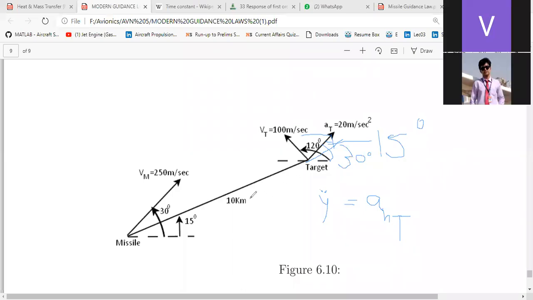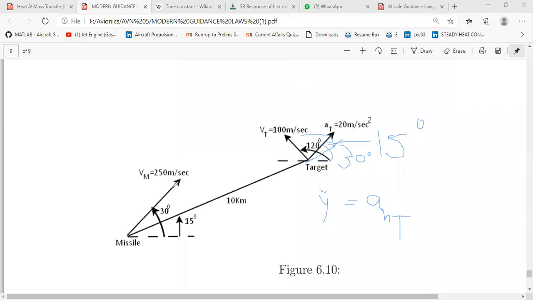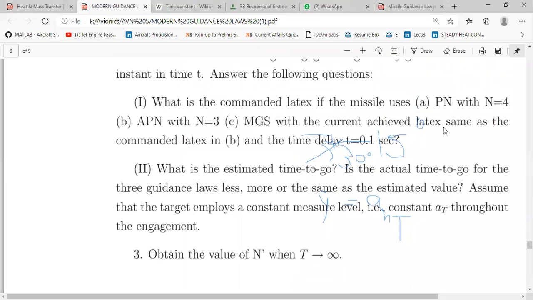What is VM? It is the velocity of your missile. LOS is the line joining the target and the missile. Now VT is the velocity of your target. AT is the acceleration of the target, but it is not given perpendicular to the LOS. It is given at some angle. Okay. So what we want to find out here is